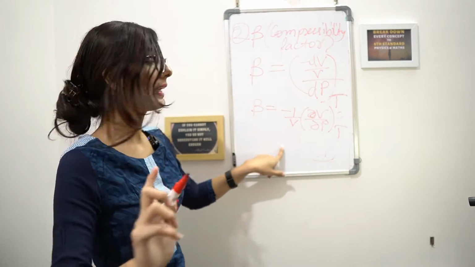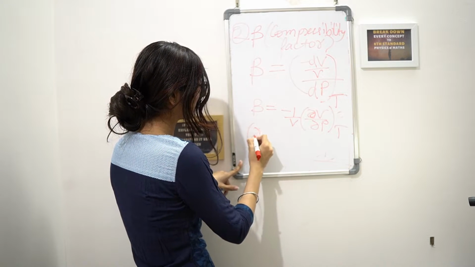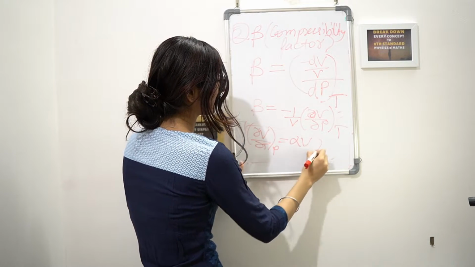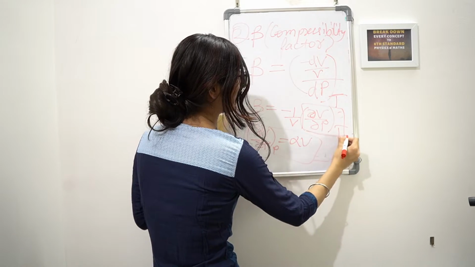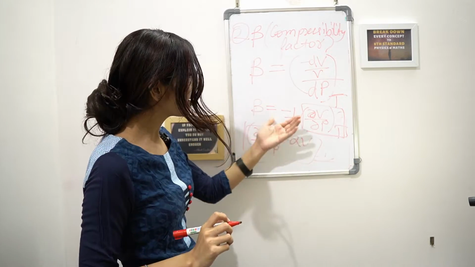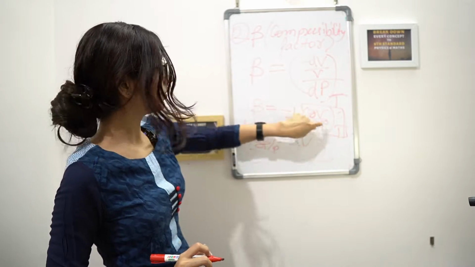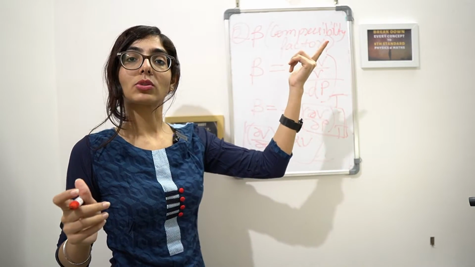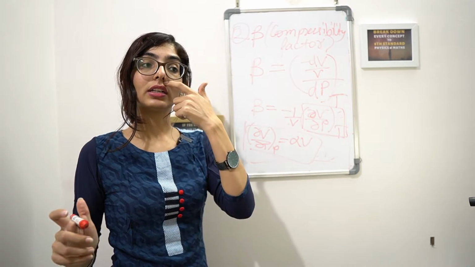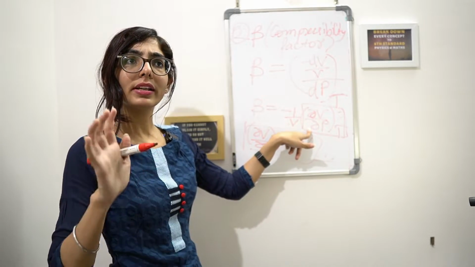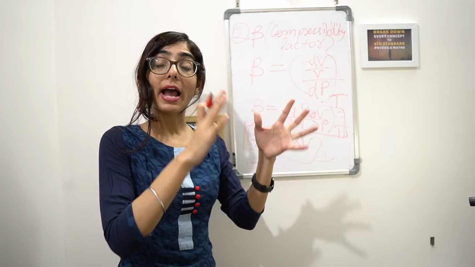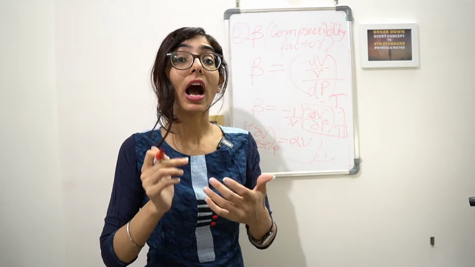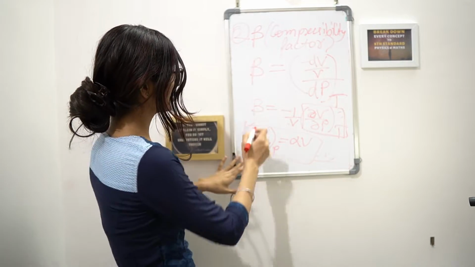Also it can be asked, like in alpha, what was there in alpha? Del V by del T. You could write it del V by del T at P is equal to alpha V. So here what can you write? Del V by del P at T is equal to minus beta V. Or it can be asked like del P by del V, the reverse. So always keep these things in mind. Or you can also write it from Born's thermodynamic square. And one more thing I'll be telling you in the next topic. From that cyclic rule you can also correlate. So simultaneously you have to keep many things so that a question can be asked from any corner and you can answer that.